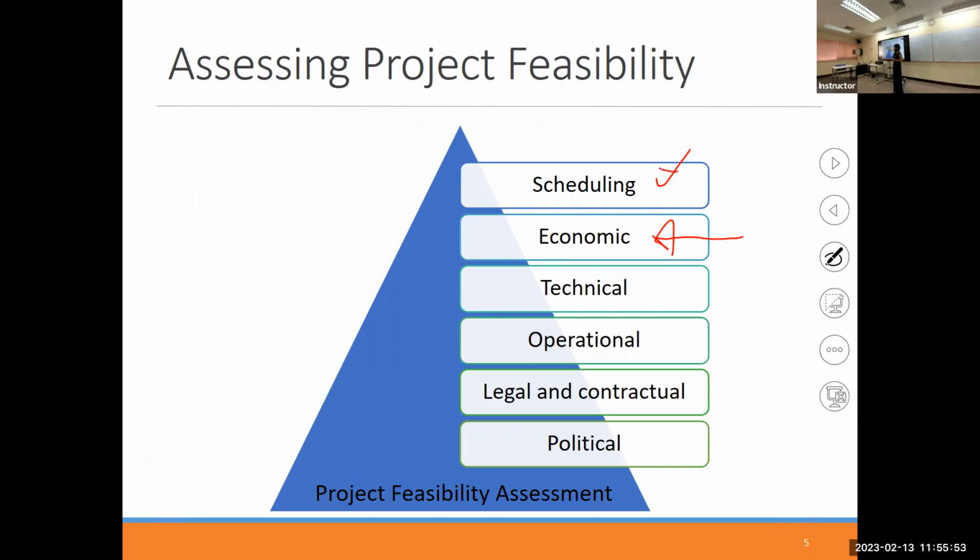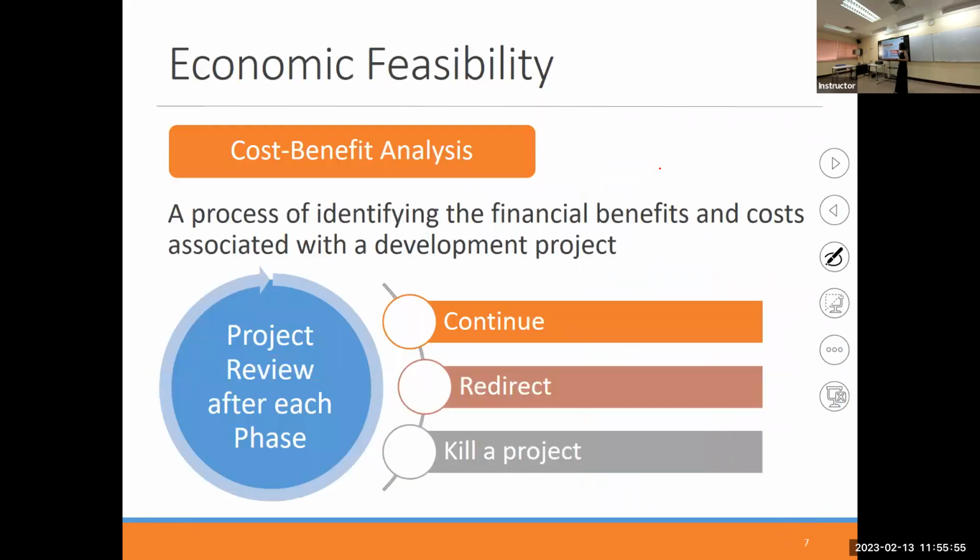Scheduling is one thing we already discussed. Economic feasibility is the next issue. So what do we mean by economic feasibility? It doesn't mean that do we have enough money to invest or not. That's of course one thing. When you're going to do a project, you want to make sure we have enough money. But what if you don't have money? Your company, your business don't have money, what to do? We do fundraising. We even go to a bank and make a loan, right? Of course, it doesn't mean that you really need to have the resource at hand, but you may need to